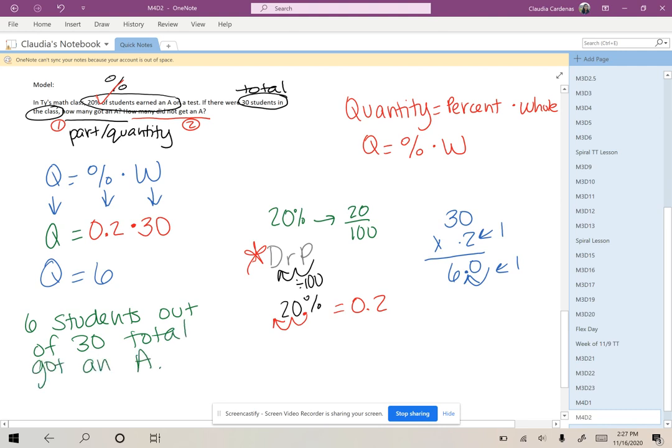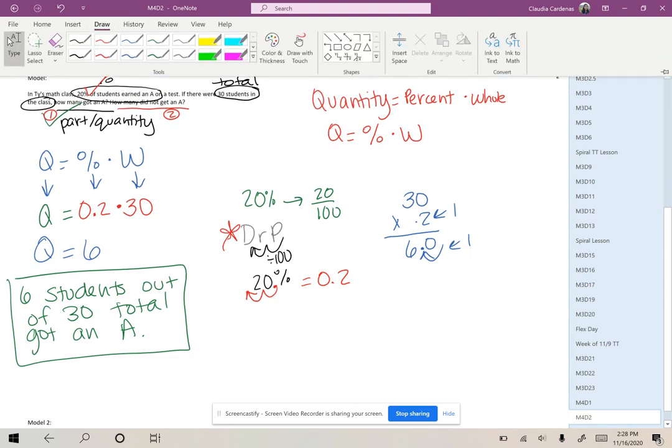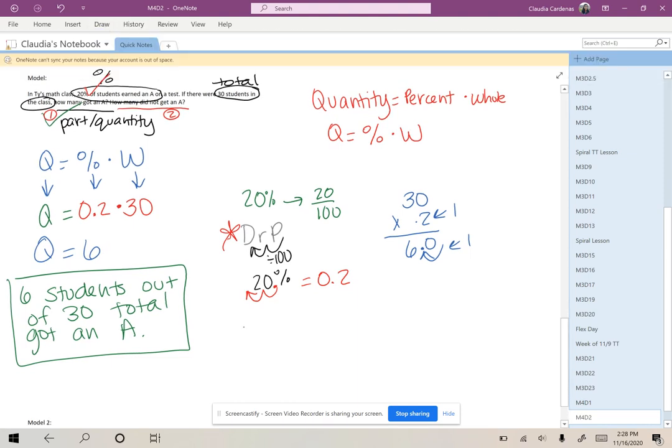But that was only the answer to question 1. How can we figure out how many did not get an A? That one seems pretty simple. If there were 30 total in the class and 6 of them got an A, then I just need to take away that 6 and I am left with 24. So 24 students